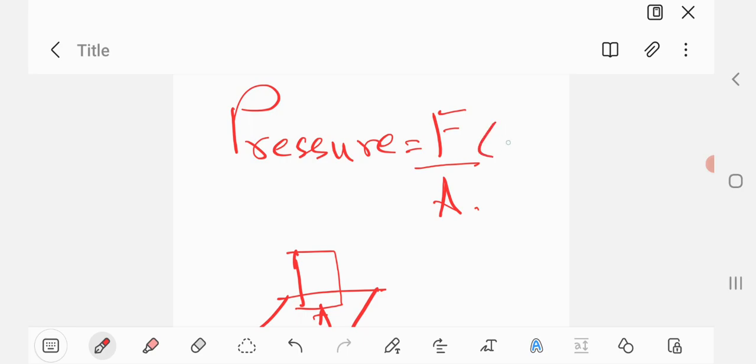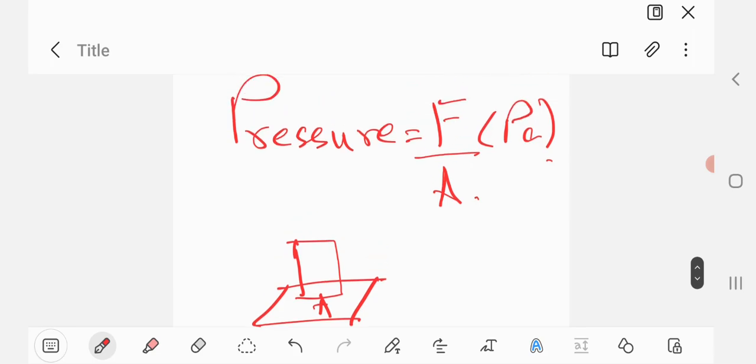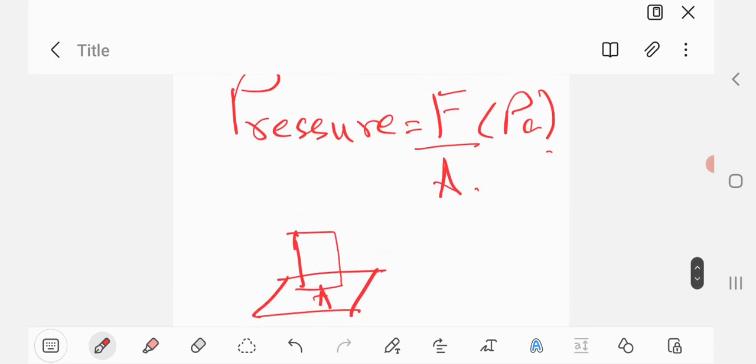The unit of pressure is pascals, the short form is Pa. But one thing should be clear: in SI units, force should be in newtons and area should be in meter squared. The second thing, you can also find the pressure of a liquid,